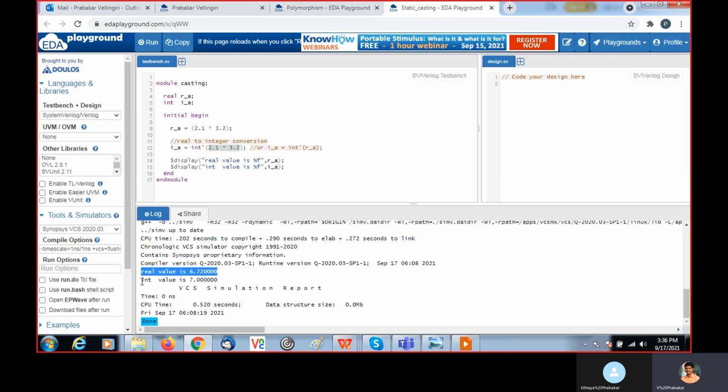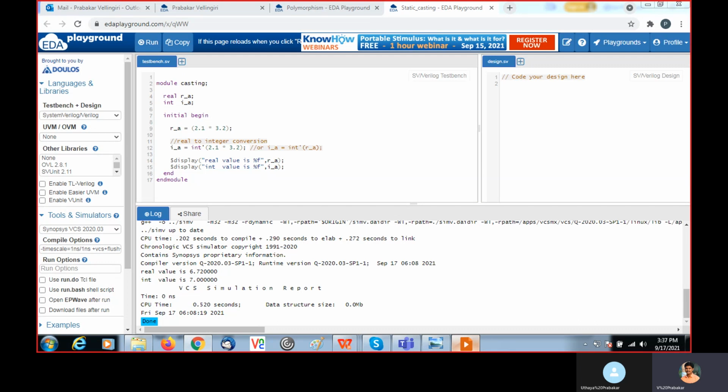Here with this different format, you are getting the whole integer value. So likewise, you can convert one data type into another data type with the help of static casting. The variable to be converted should be mentioned here, and the value or variable should be represented inside the parentheses.